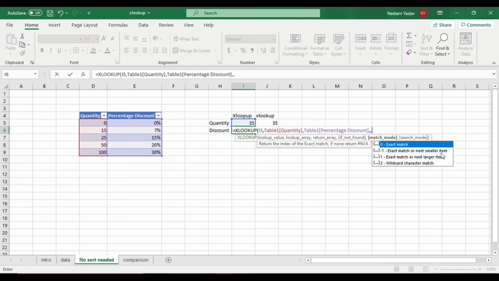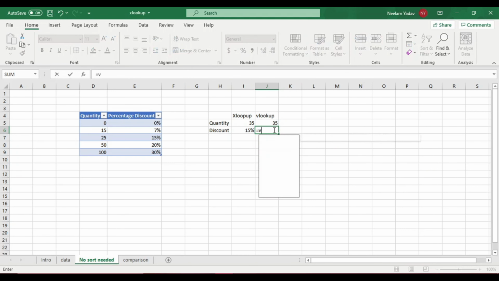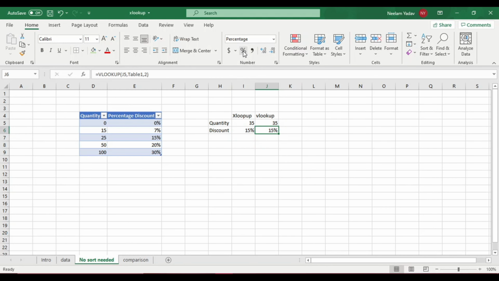So I'll give -1 and enter. So we got 15%. Here I'll give VLOOKUP. We are looking for this value. In the table array, this. Column index would be 2, and by default it is approximate match, so I will leave it. So here as well we got 15%.